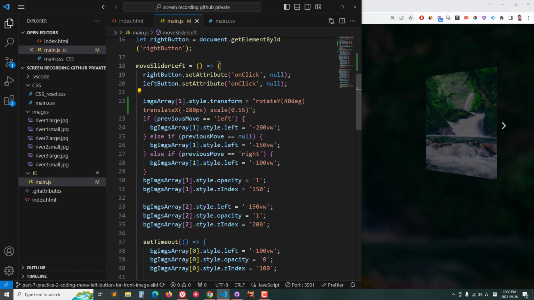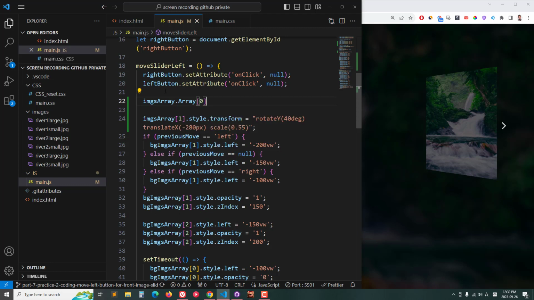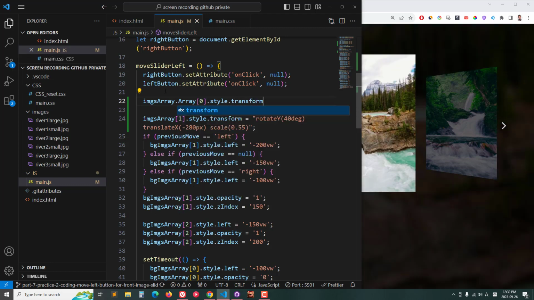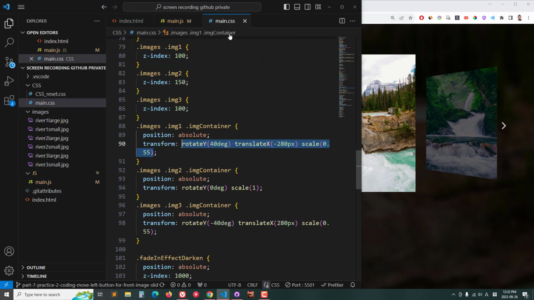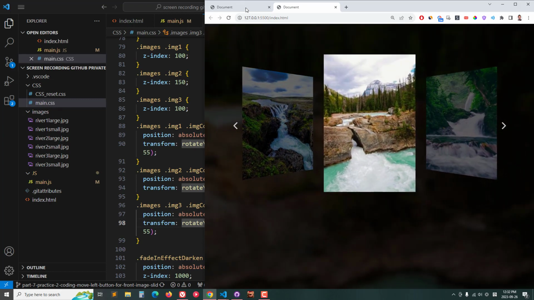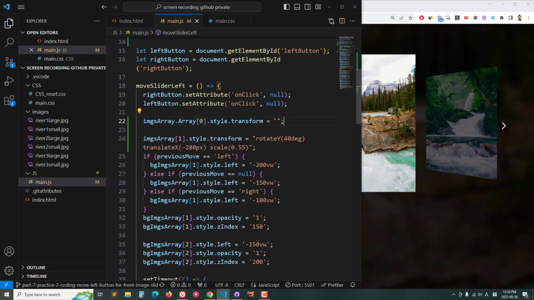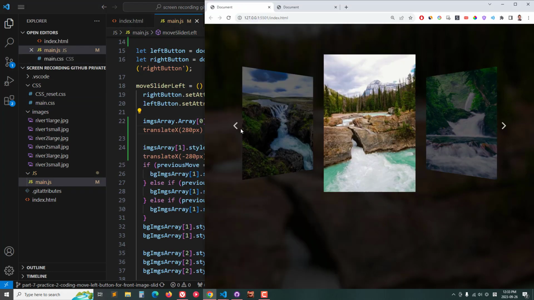So let's see. We go to here. We're gonna add images array 0 style transform, and we are going to say the left one is going to become the right image. Remember, if we go back to our working one, this image here on the left goes to the right. So we want this one to become this transform right over here. So I'm going to copy and paste this part, go to our JavaScript, and then paste it in there, refresh,